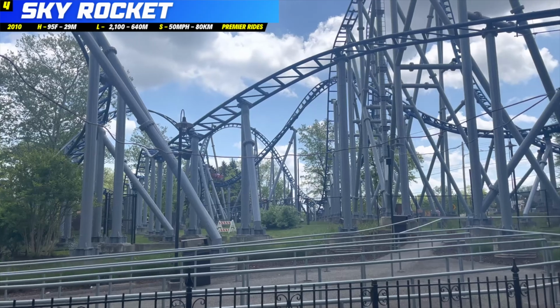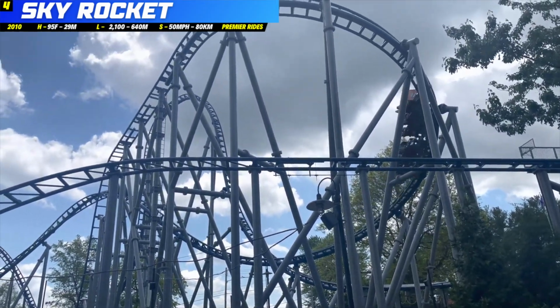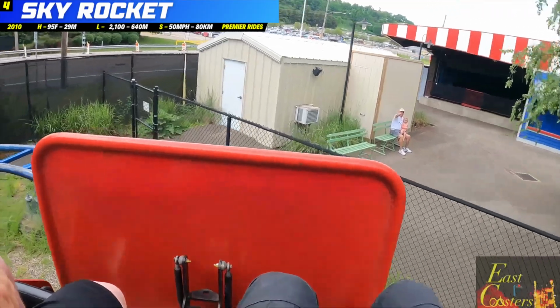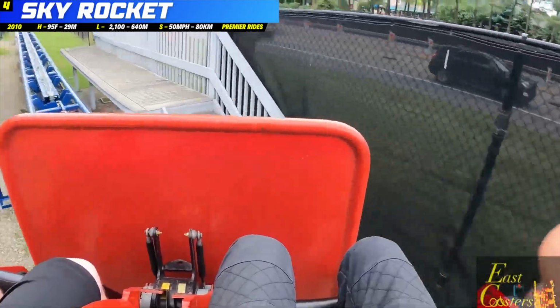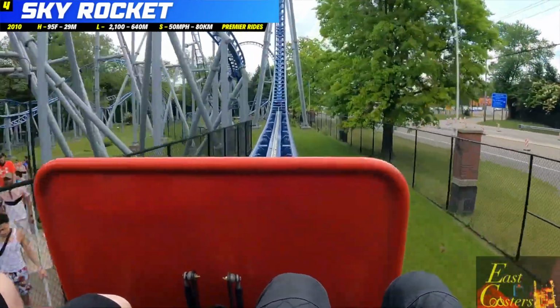With that being said, if Skyrocket featured a better second half, it would definitely be higher up in my rankings at Kennywood. Because that first half is really good, because what I really like about Skyrocket, as soon as you leave the station, you go around a 180-degree turn, and instead of stopping for the launch, you just go right